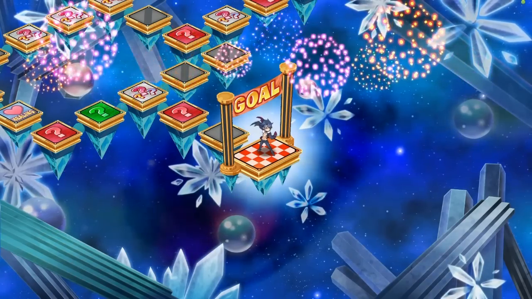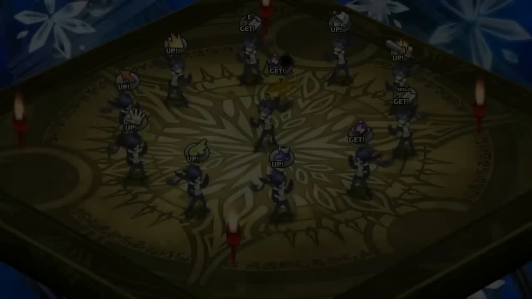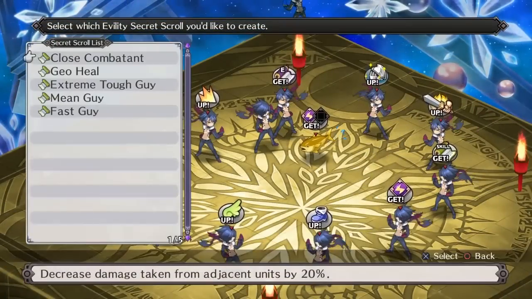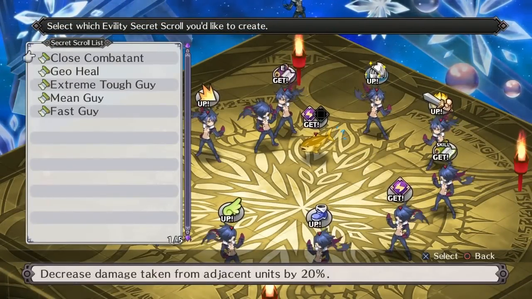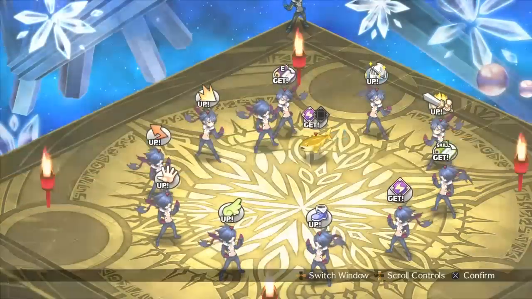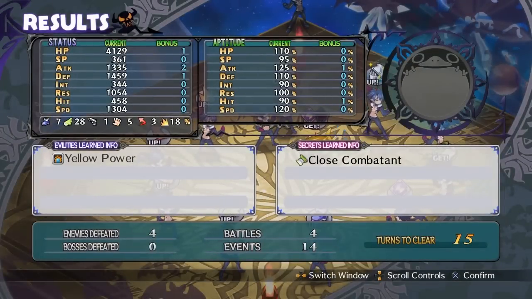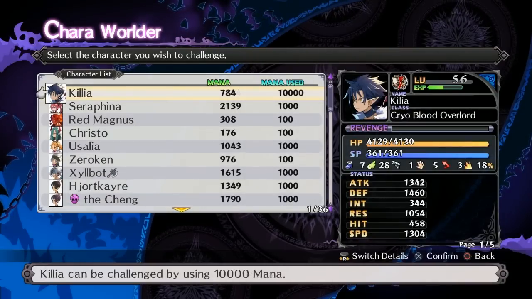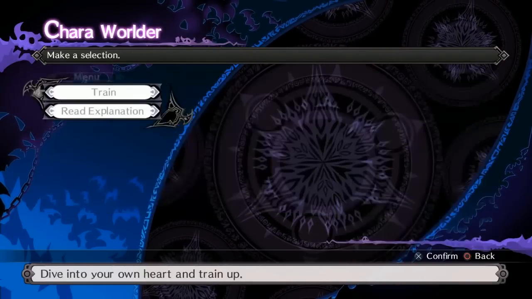When you reach the goal, you're granted a single chance to improve your character or teach them new skills and abilities. You can also create scrolls out of some skills and your common abilities so that you can teach them to other units. After choosing your reward, the overall results of the run will be tallied and displayed. Every successful trip through the character world will increase the mana cost of the next trip, but that cost is